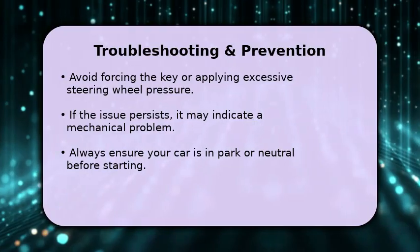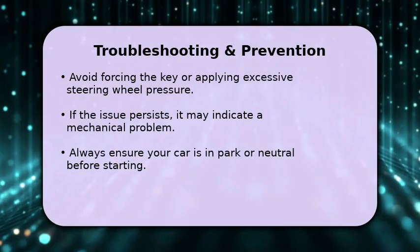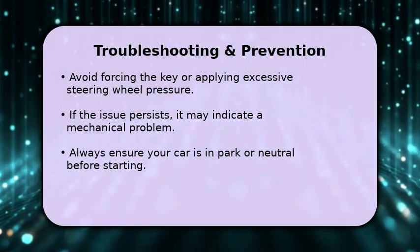Remember to always ensure your vehicle is in park or neutral before attempting to start it, as this can also